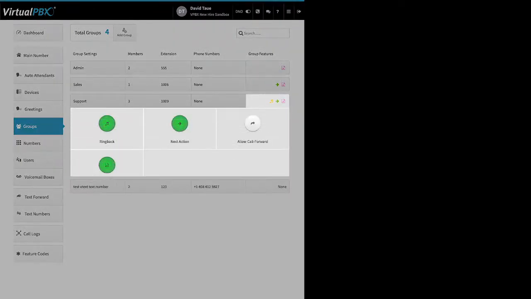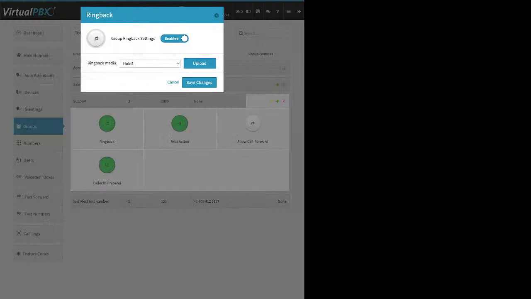Group features. First up is ring back. So a call comes into the group and rings your staff members' phones. That ringing sound is then piped back to the inbound caller, right? Ring back. But if you don't want that ringing sound to come through, you would click enable and then